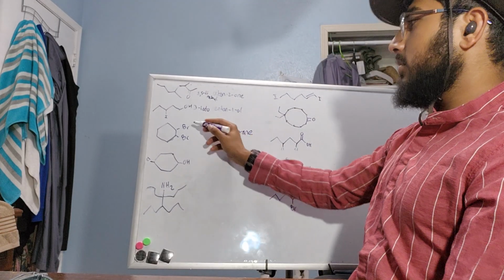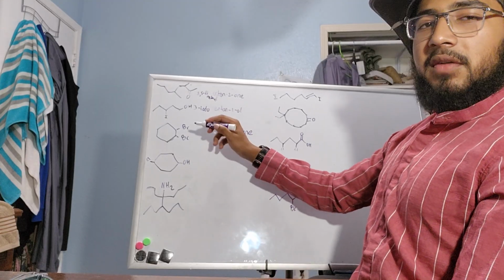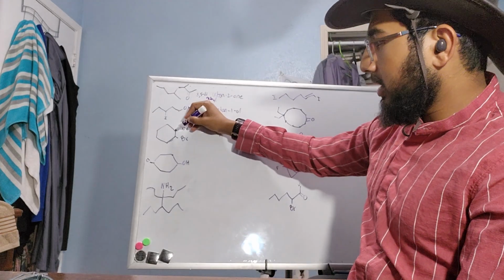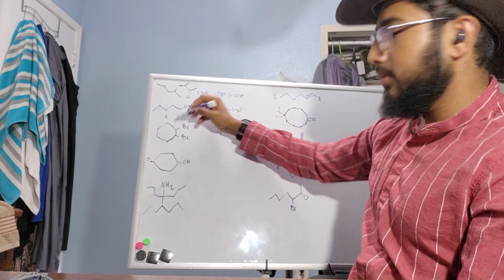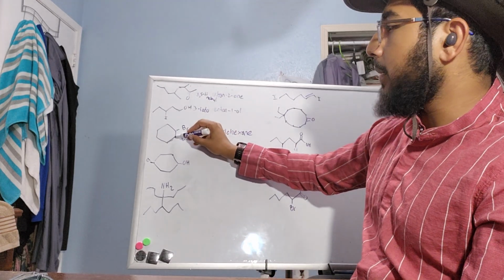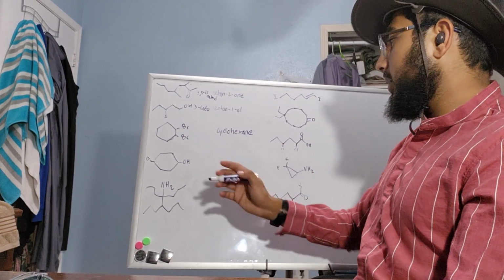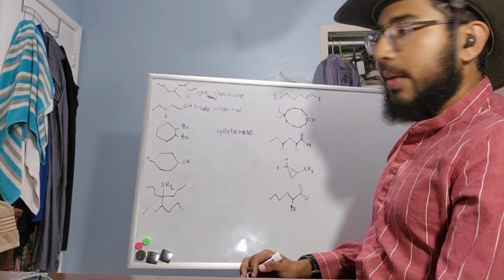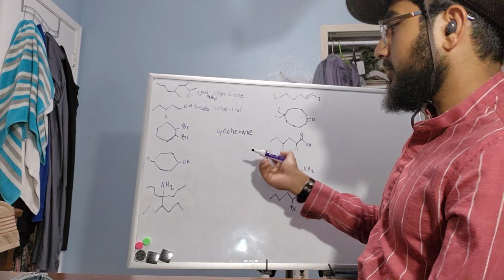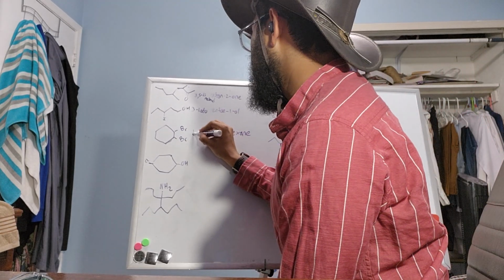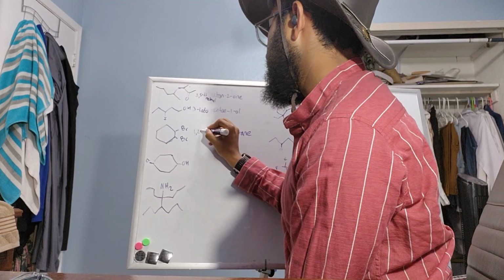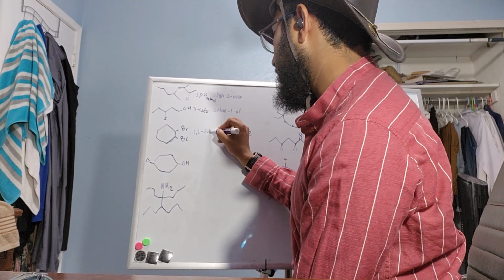Now, after that, I want you to notice these two bromines. You can start from either one, you will get the exact same one. If you start from here, you go 1, 2, or whether you start from the bottom, 1, 2. It's going to be 1,2-dibromo cyclohexane. The reason it's going to be dibromo is because there's two bromines, and that's how you get it. 1,2-dibromo